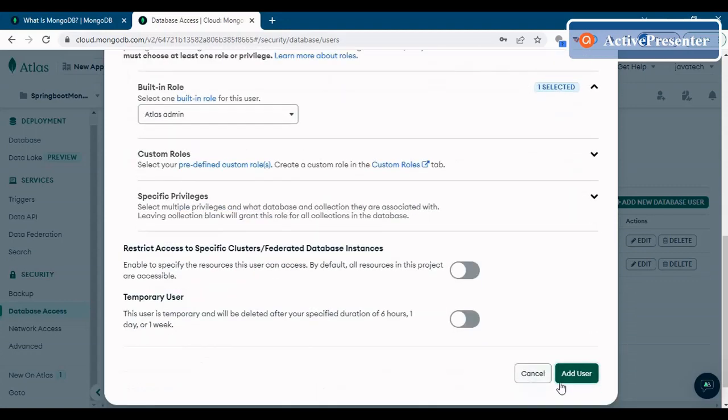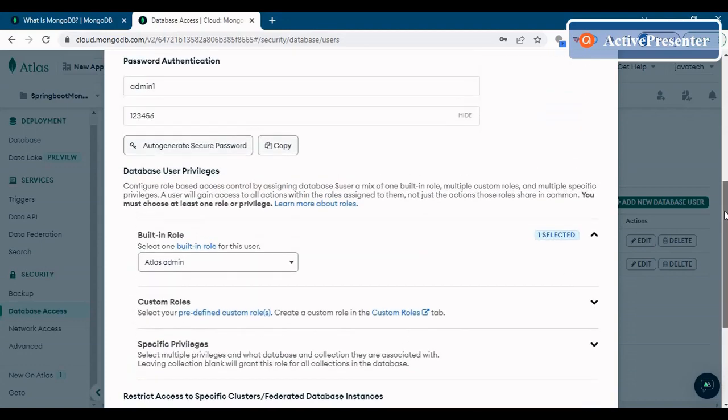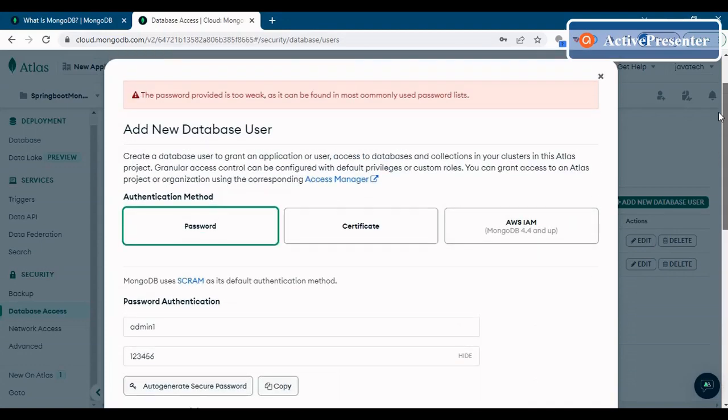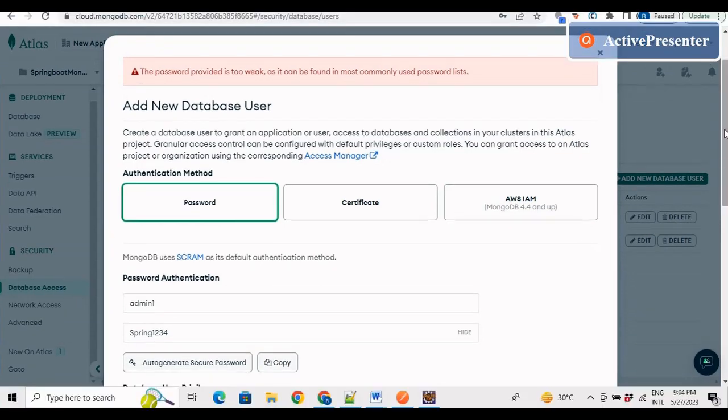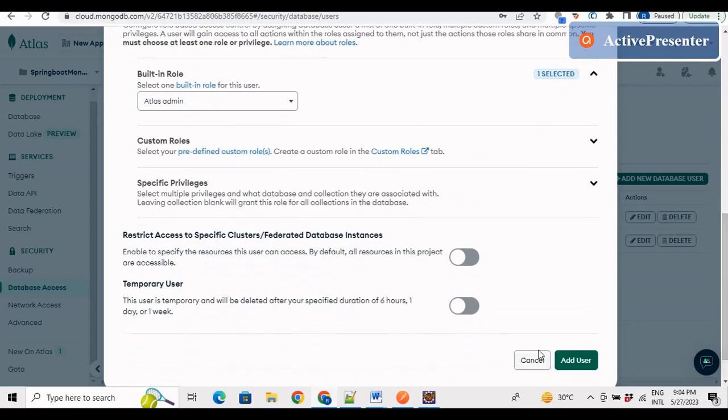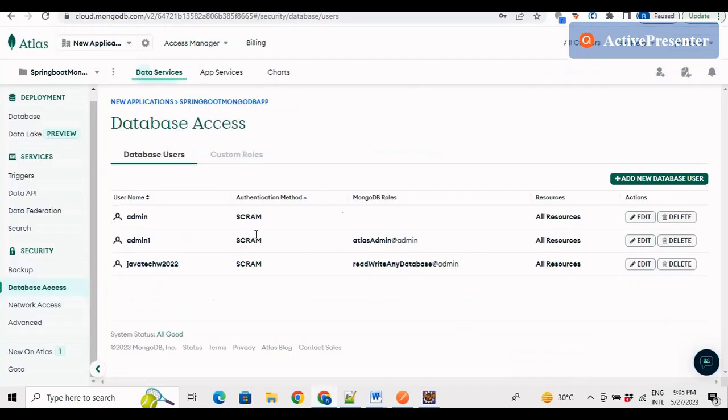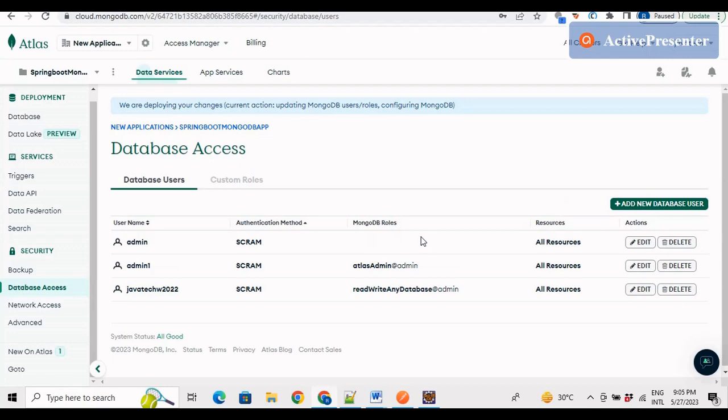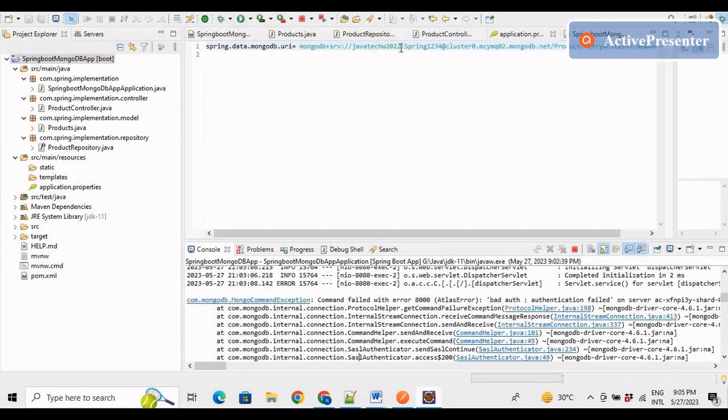So let me now add this user. No, it is saying something: the password provided is too weak. So you have to provide a password that is a little stronger. So let me say spring1234. Now I guess the password is okay. So admin1 and spring1234. If you add this user, yes, the user is added and admin rights have been given to the user. So if you go back to your application.properties and change the user to admin1,